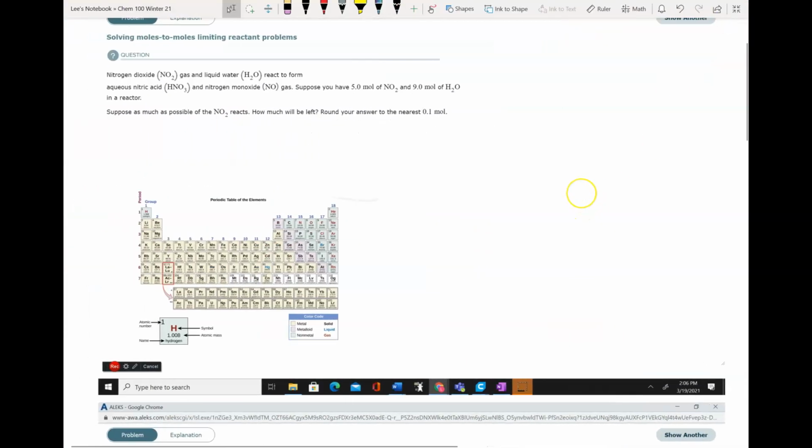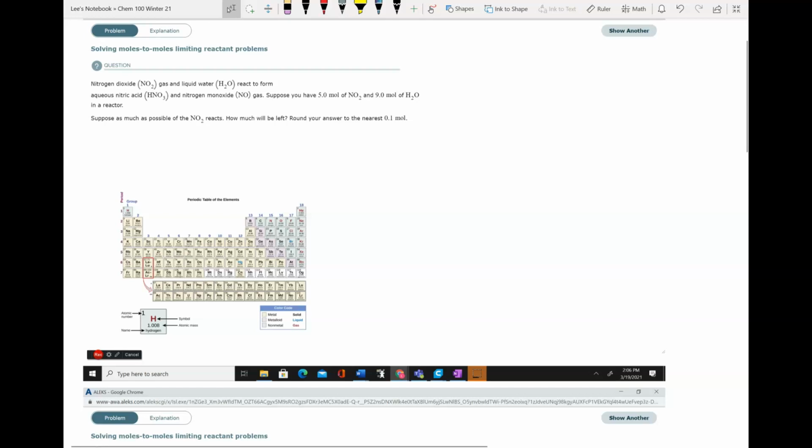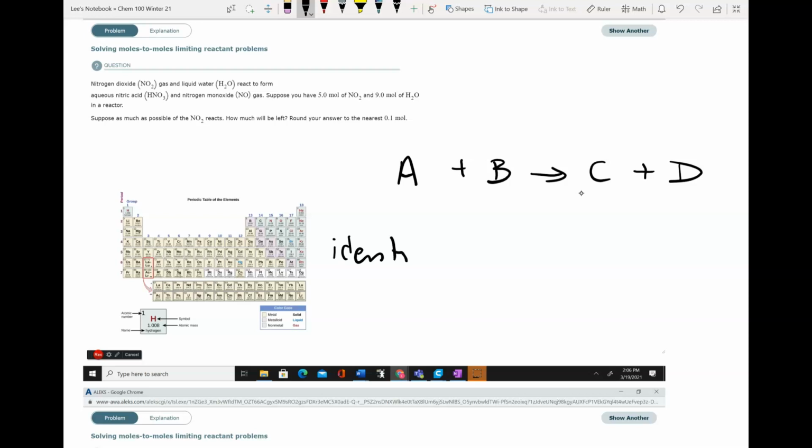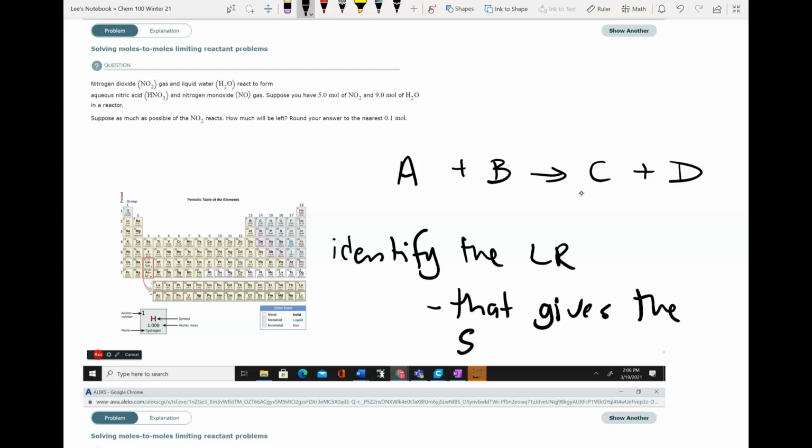Alright, so in this video I'm going to run through a bunch of solving moles to moles limiting reactants problems. What you have to realize is that we're going to be faced with a situation where we have multiple reactants forming one or more products. And what we've got to do is identify the limiting reactant. One of the properties of the limiting reactant is that it is the reactant that gives the smallest